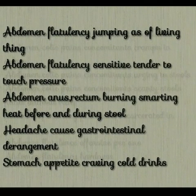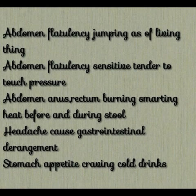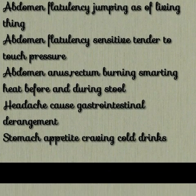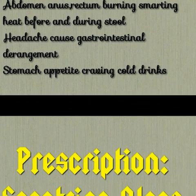You can see here the rubrics taken for analyzing the case. All the main pathological generals were taken here along with some general symptoms. The case was analyzed and the remedy which came out prominently was Socotrine aloes. So Socotrine aloes was prescribed to the patient,